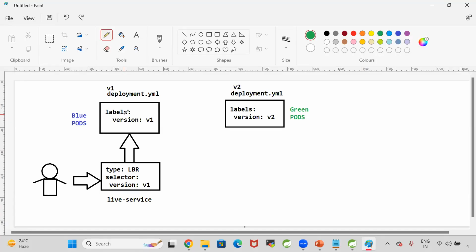Now today, I want to deploy the latest code into the cluster. In the latest code for the pods, I have given the label v2. The pods with label v1 belong to blue pods. The pods with label v2 belong to green pods. Now, when I deploy the latest code into the cluster with the pod label v2,